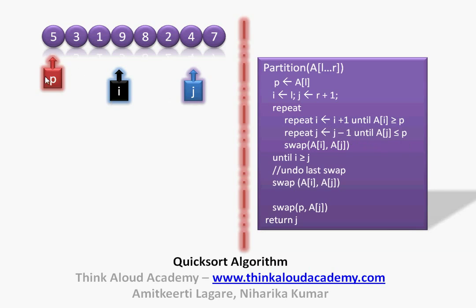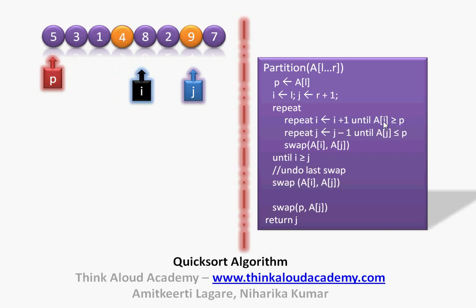So I kept moving to the right hand side and it stopped when this condition got satisfied, and j kept on moving and it stopped when this condition got satisfied. So both I and j have stopped moving. Then we have to swap a of I and a of j. So we swap 9 and 4 to get 4 and 9. And then we check whether we have reached this condition. Has I crossed j? So I has not crossed j. So we will go up again, and then again I increments further,